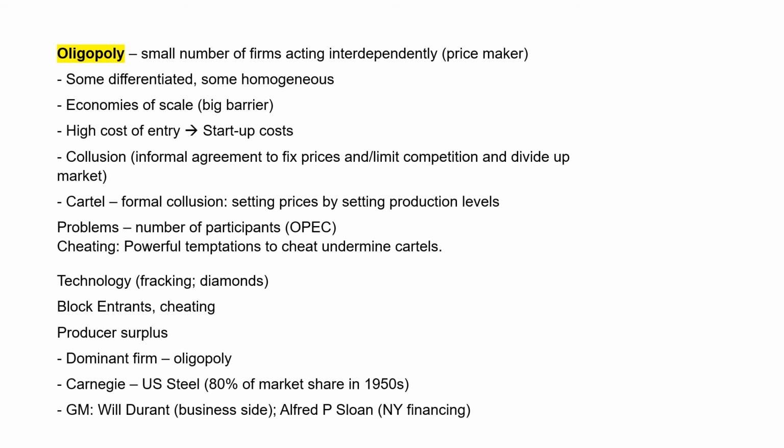oligopolies, with these cartels, is that they have a certain number of participants, and the more that you have, the tougher it is to keep them moving in the same direction, right? And the way that you're able to raise prices is by restricting supply. So if you have a market leader like Saudi Arabia and OPEC, they'll cut back on their production by 1 million barrels a day, or 200,000, whatever the amount is, in order to drive those prices up to where they want to be.